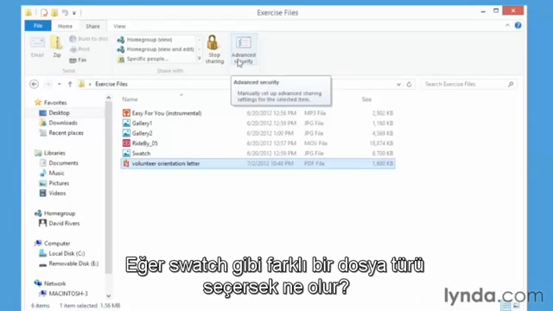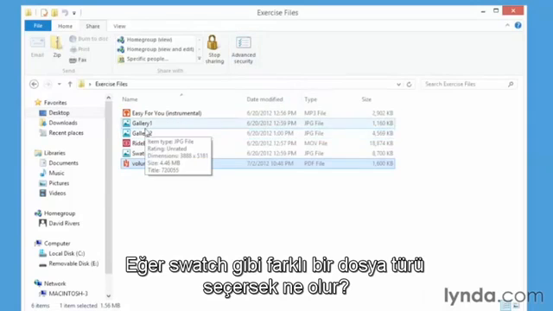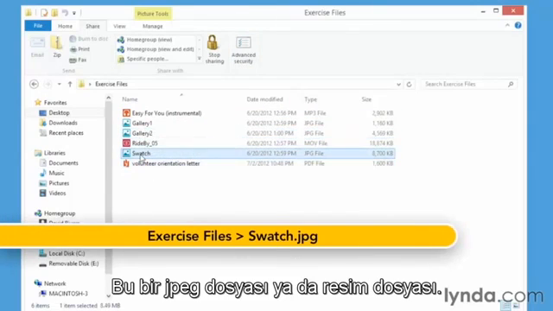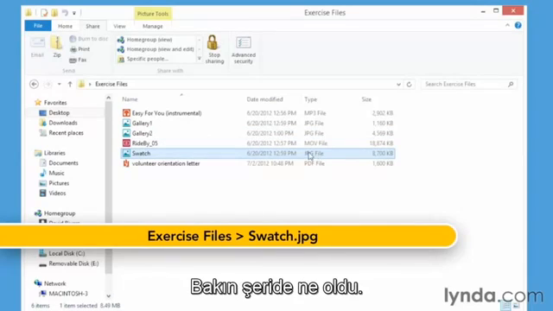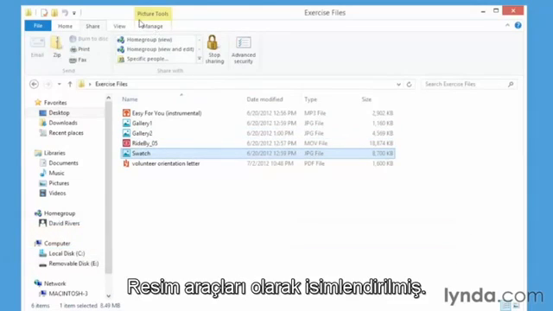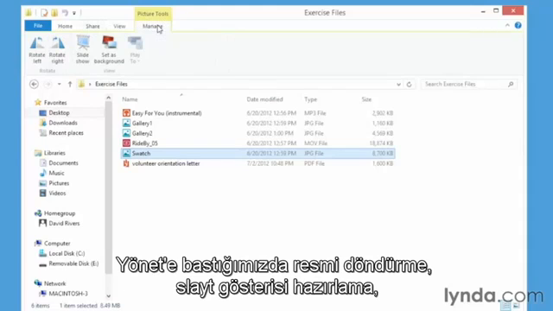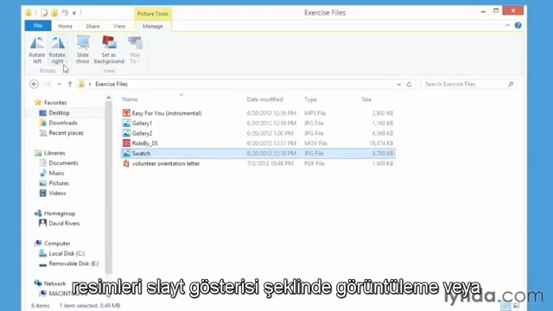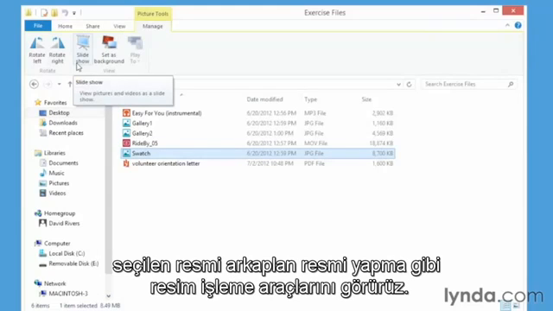But look what happens when we choose a different type of file, such as our swatch. Now that happens to be a JPEG file or a picture file. So look what happens to our ribbon. A new tab appears. It's context sensitive. It's labeled Picture Tools, and when we click Manage, we're going to see options for working with picture files, like rotating them, creating a slideshow and viewing our picture files in a slideshow format, or making that selected file our